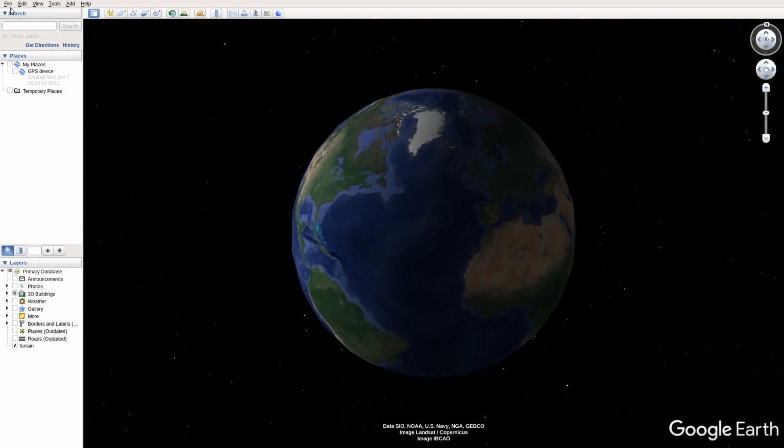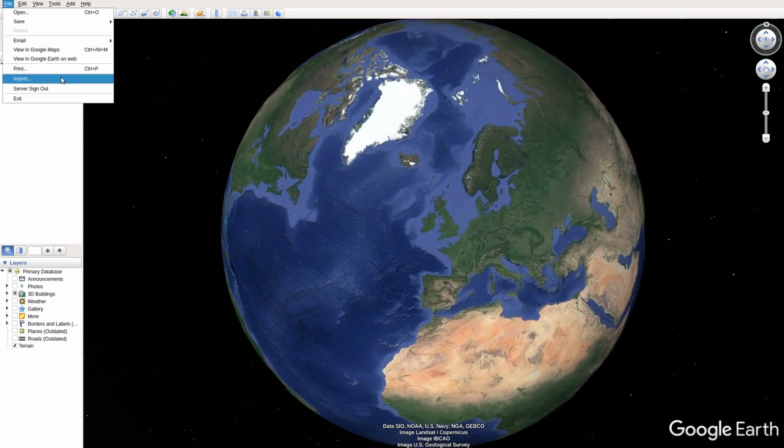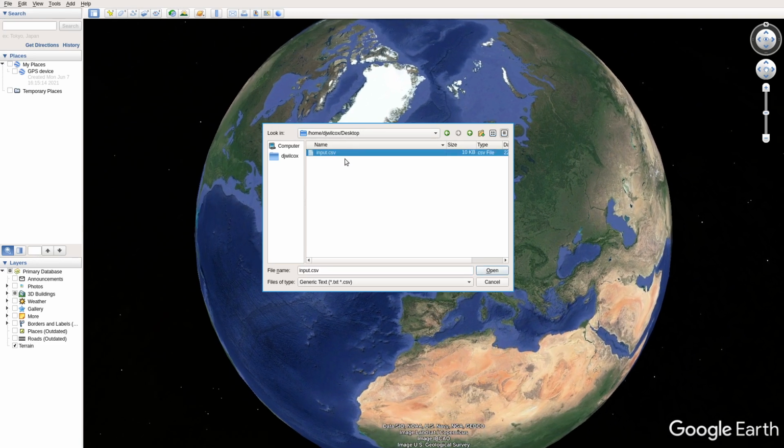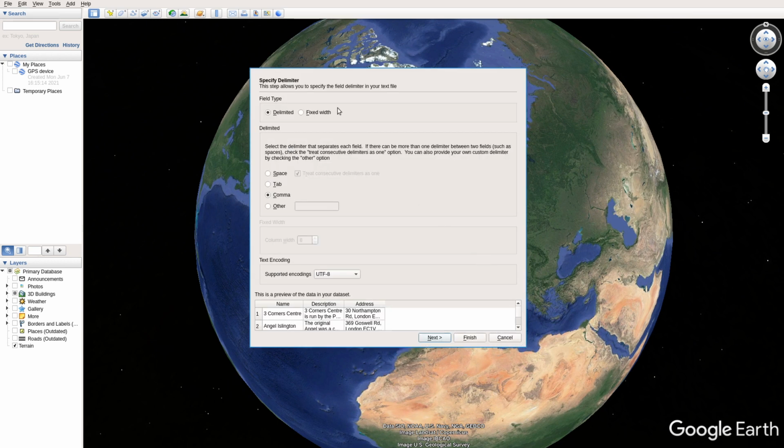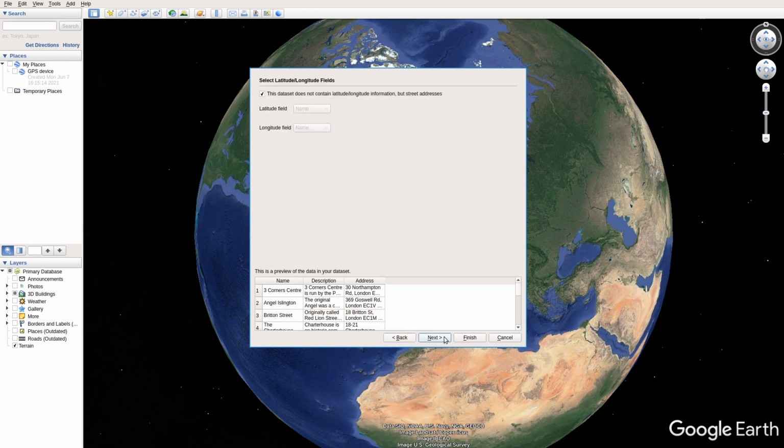and we'll come across to the File menu and select Import, and then select the CSV file containing the name, description and addresses. On this first little pop-up window, it's asking what the delimiter in the file is, and in this case it's a comma. It's also giving you a preview of the data set at the bottom of the window. So we can click the next button here, and the next step is to select the latitude and longitude fields,